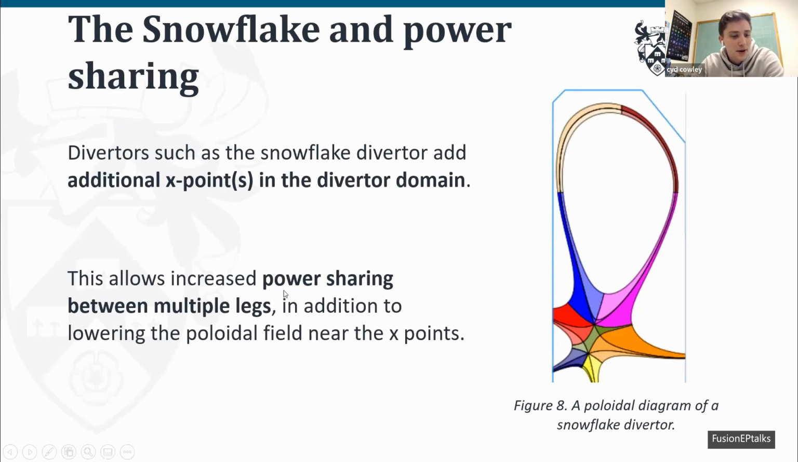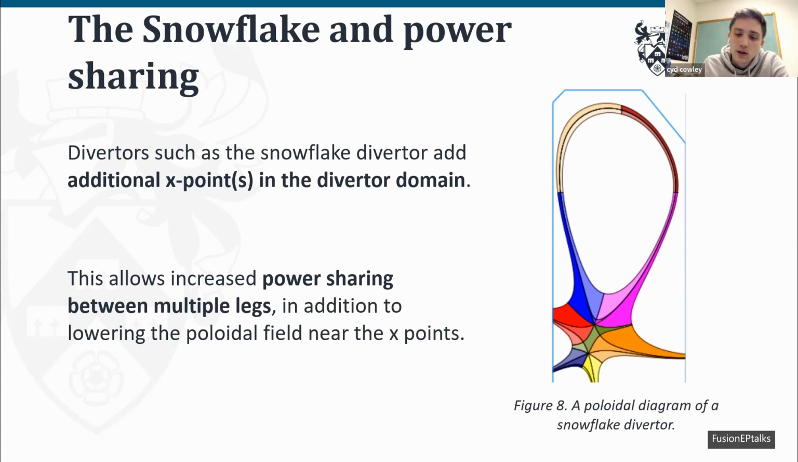Finally, not finally, but in addition to that, we can also add multiple X points in our plasma domain. So here you can see an example of a snowflake divertor, which implements this multiple X point phenomenon. What does this allow us to do? Well, this decreases the poloidal field in the region where we have our X points, which again increases connection length, which we like. But what it can also do is introduce more legs, more divertor legs, and have more power sharing